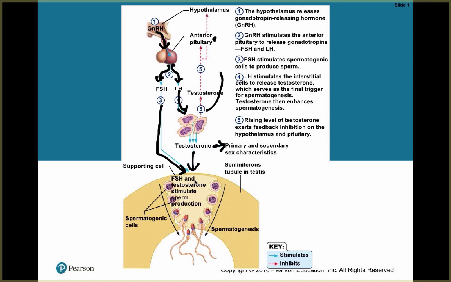So testosterone will come back to the hypothalamus and inhibit GnRH production. And inhibit basically the pituitary system from releasing